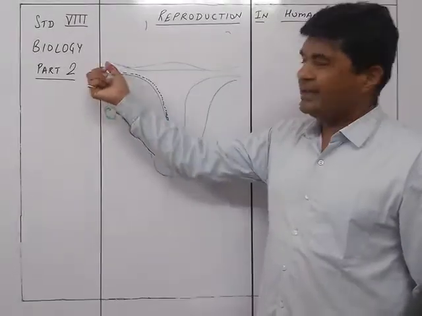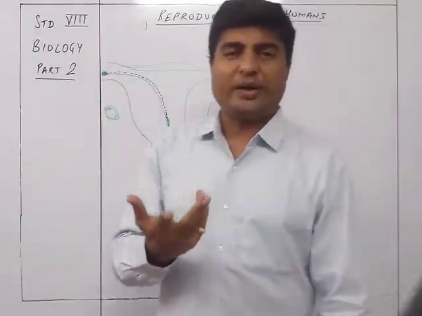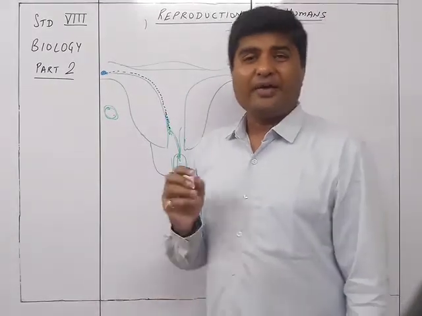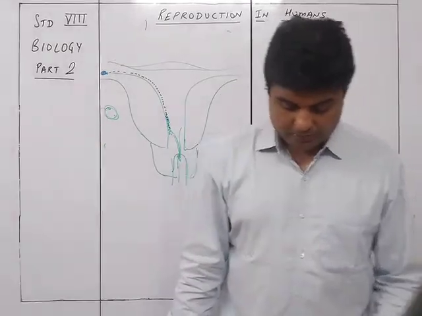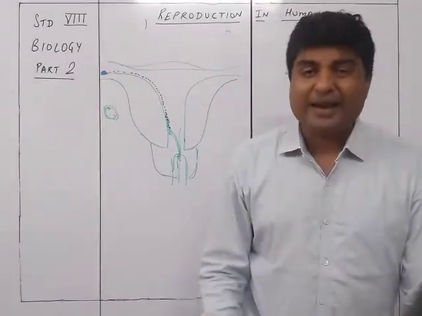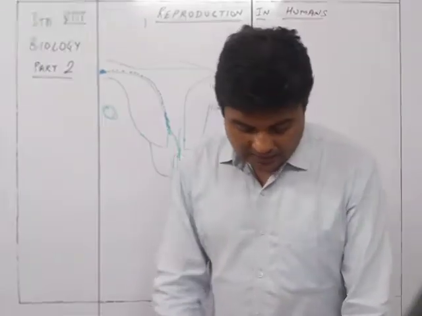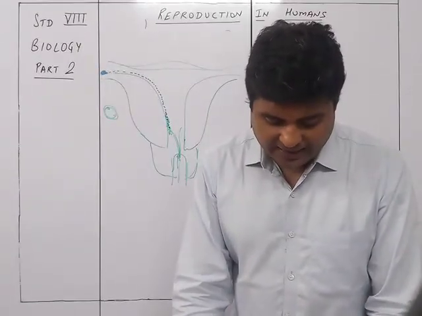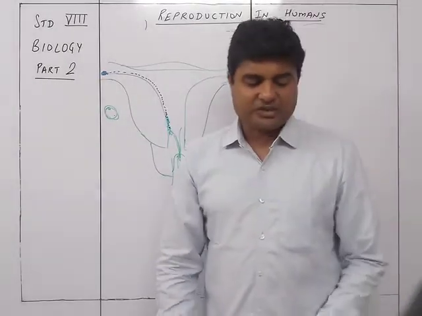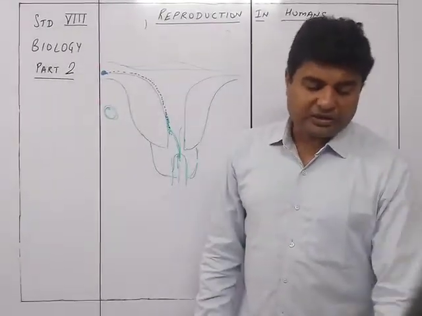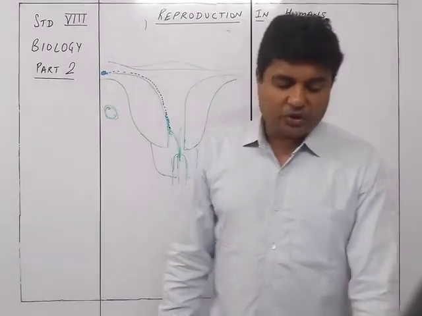Each ejaculation has got 20 to 40 million sperms. Out of that, hardly a few of them are able to reach this topmost point over here. The rest die on the way and are absorbed. If there happens to be an egg in the oviduct, it gets fertilized by just one single sperm. During this fusion, the tail of the sperm is left behind, and only the head part, which contains the nucleus,